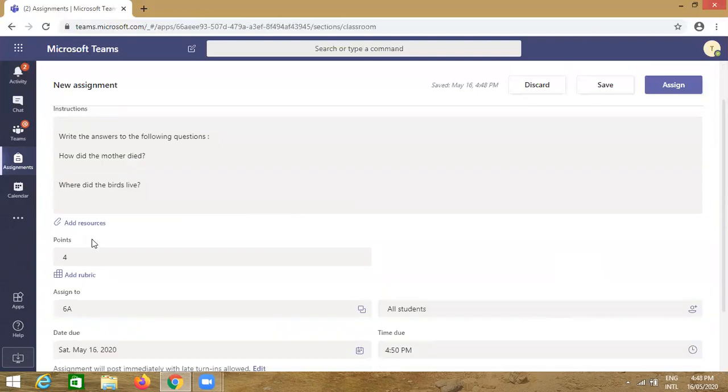The second method is that you can type the assignment separately on your computer in Word format, or you can write the questions by hand and then after taking a picture of that, save to the appropriate folder on the desktop, and then you can add from here by clicking on add resources.